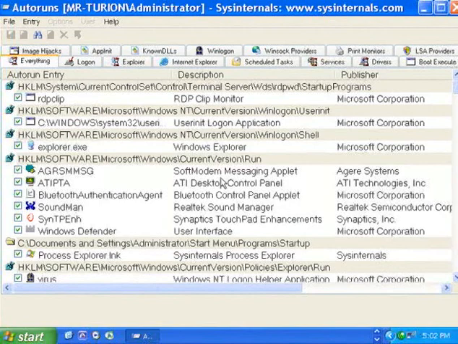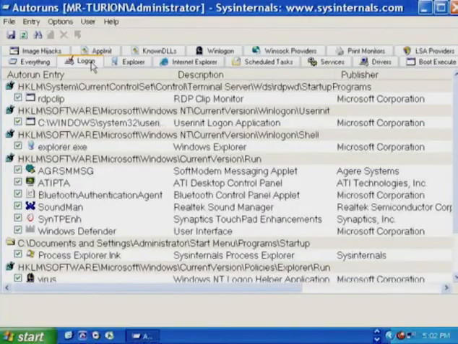And what Autoruns does is scan any of a wide number of locations looking for entries that specify automatic start items. It categorizes the various auto start locations and places the items that belong in that category under various tabs. So you can see, for instance, here's the logon category. And the logon category corresponds most directly to what you see in msconfig.